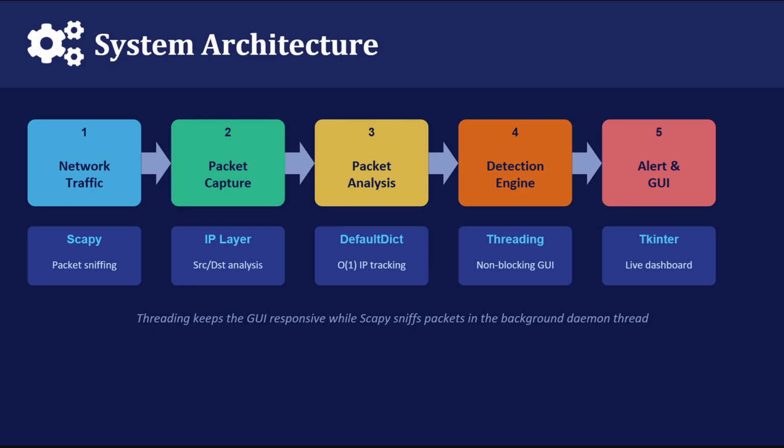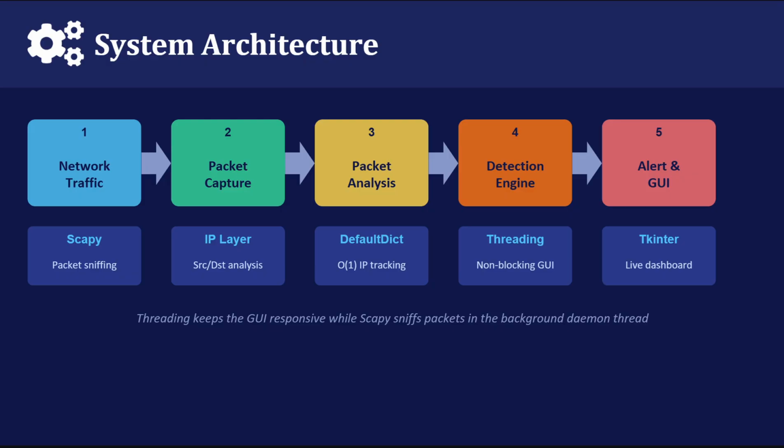This system follows a five-stage pipeline. Network traffic enters from the interface, and Scapy's sniff function captures every IP packet. The packet callback then extracts the IP layer, pulling out the source IP, destination IP, protocol type, and destination port